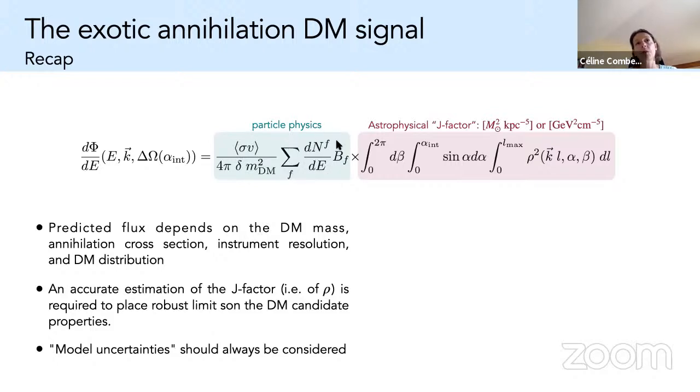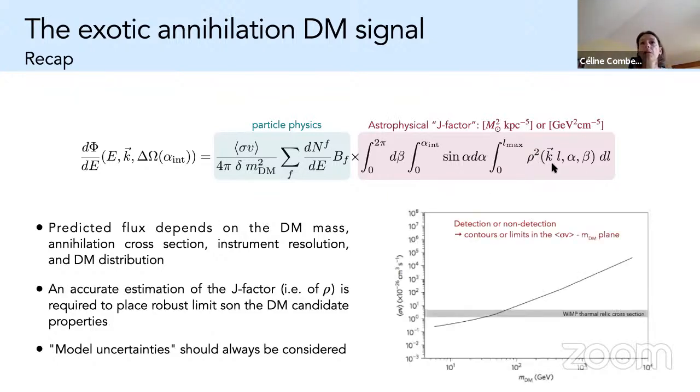Here, the spectrum, I've changed a little bit how it's written. Here we are summing up all the channels that at the end will produce gamma rays. So this is a sum of all the channels with the branching ratios for each channel, multiplied by the so-called astrophysical J factor, that is simply the integration of the dark matter density squared over the volume. So once you have this, assuming you're able to predict your J factor,